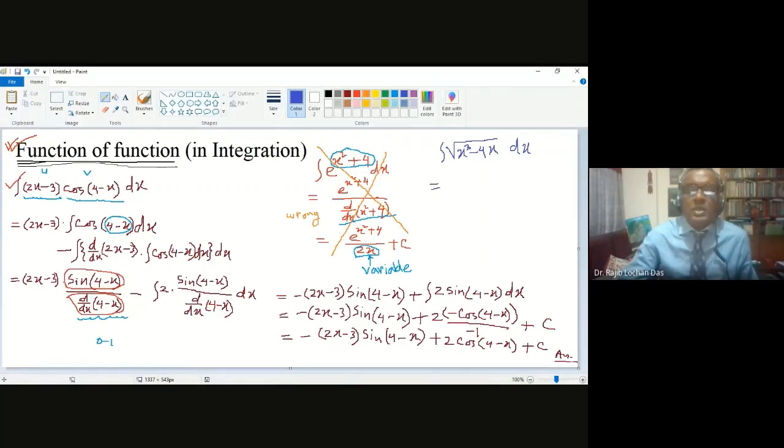If you think x cube minus 4x is your x, in that case you can consider the x to the power half, and you can apply the x to the power n formula. If you think this is your x, then you can easily apply the formula x to the power half. So you will write this full part to the power half plus 1 divided by half plus 1. So that will be your